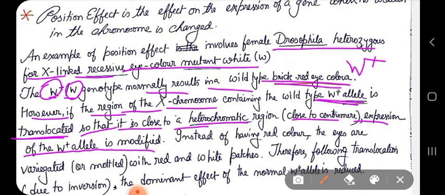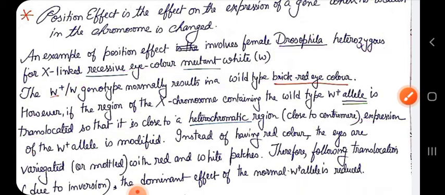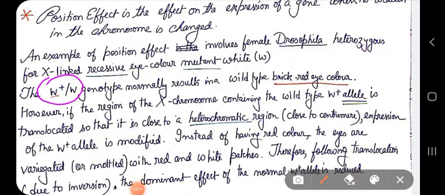Again, I am repeating, the W plus allele represents the brick red eye color feature, whereas the simple W allele is a recessive allele which represents the white eye color feature. Now, if the Drosophila has the W plus W genotype, that means in one of the homologous pair of chromosomes, or you can say X chromosomes, because X chromosomes come in pairs in case of female, it has the W plus gene in one X chromosome and